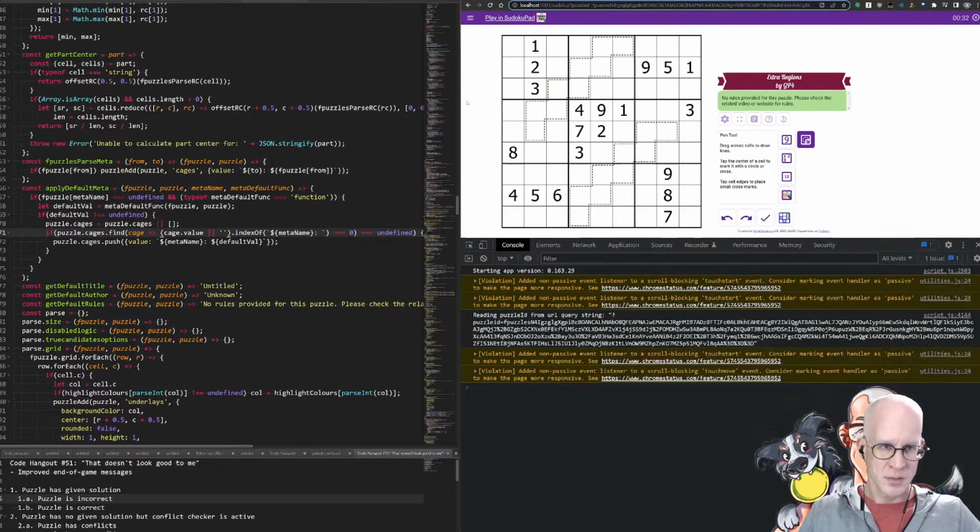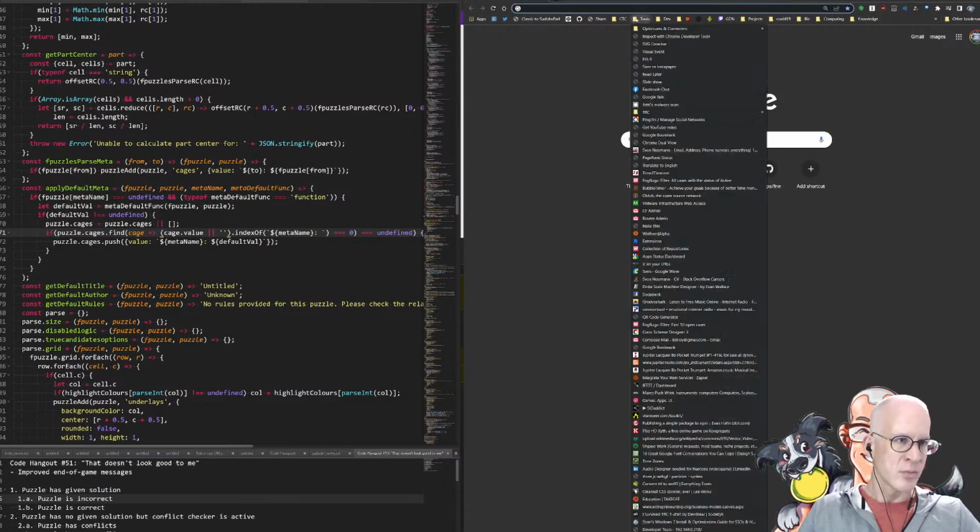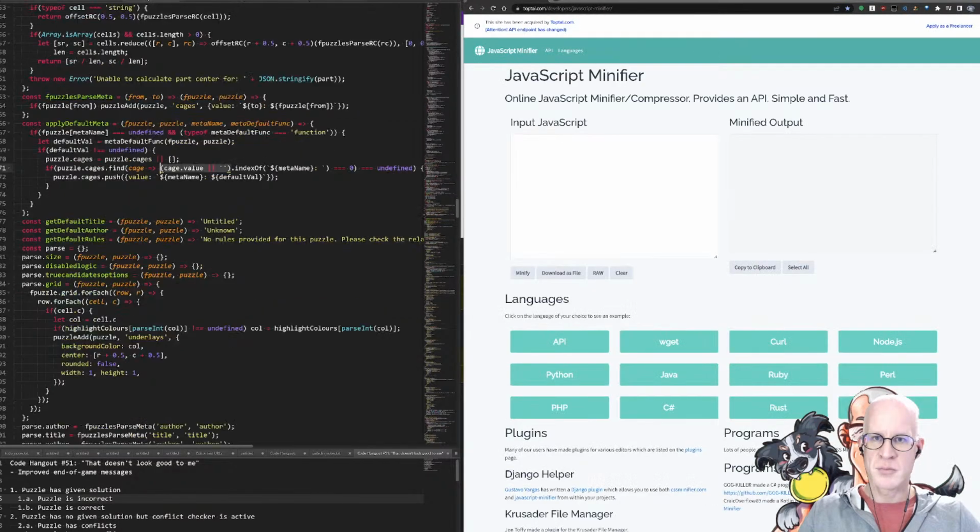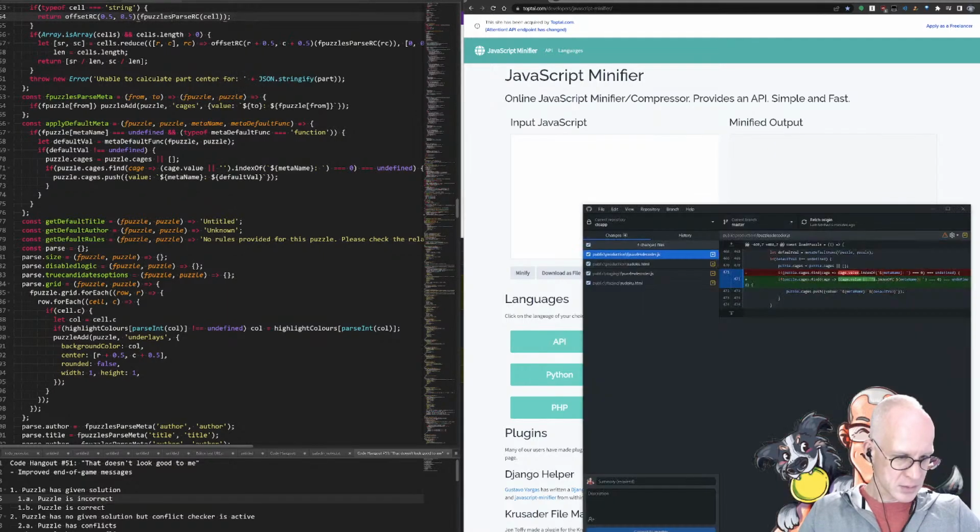All right. We gotta minify the code. Yeah, you know what? Let's not do that on staging at the same time. It's gonna complicate things.